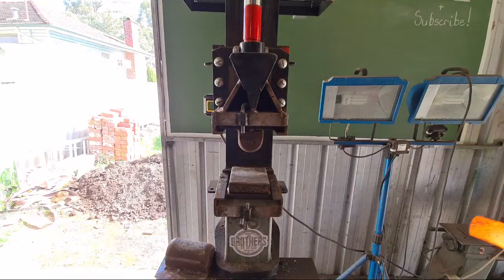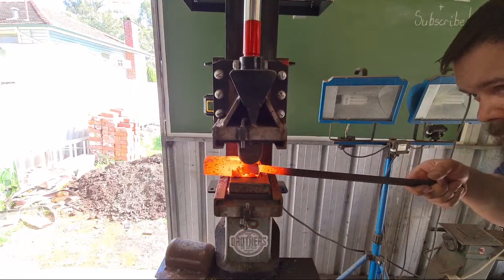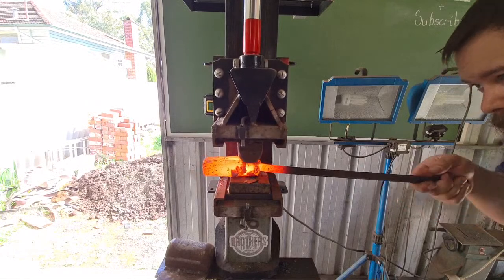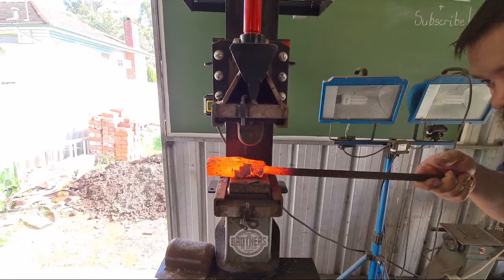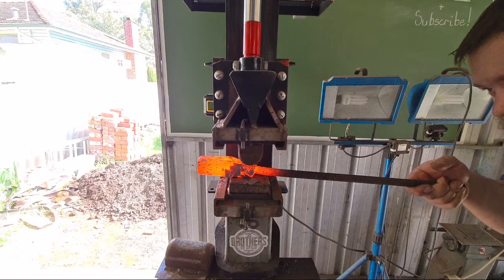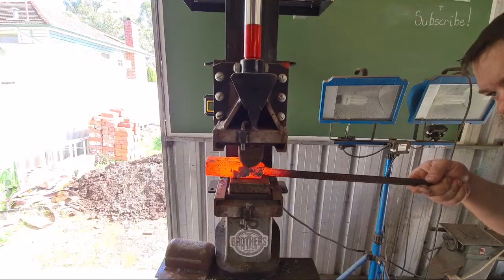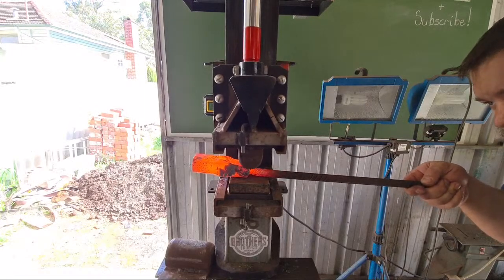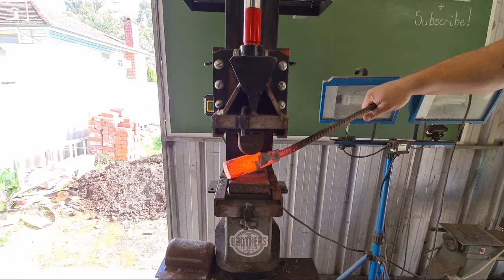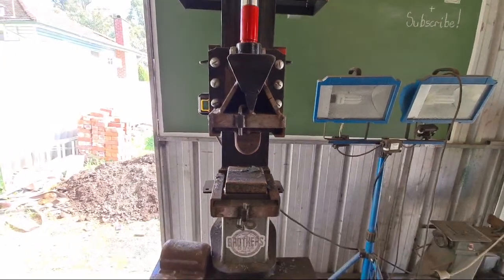Okay, let's draw. I'm just going gentle. I could go hard, but I don't want to mess it up too much. You can see what we're aiming for: flat on the bottom. There will be a little bit of correction to be done by hand, but